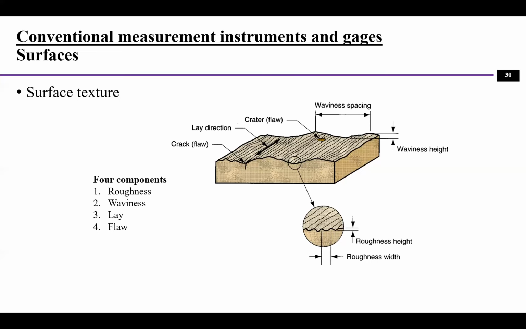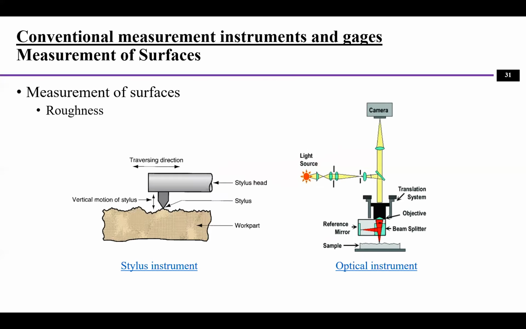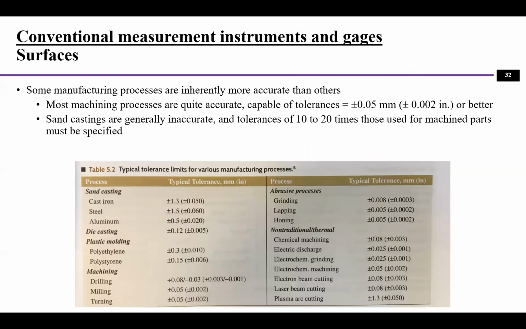Roughness, waviness, lay, and also flaw. So that's pretty much everything for the lecture part of the lab. Now these are the measurement devices, and the last one is for different manufacturing processes, the surface roughness, or